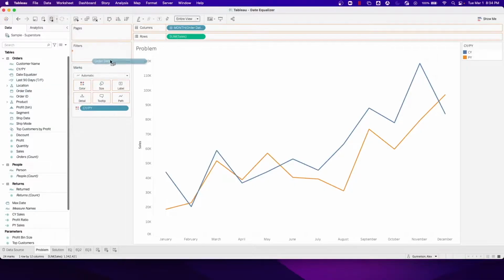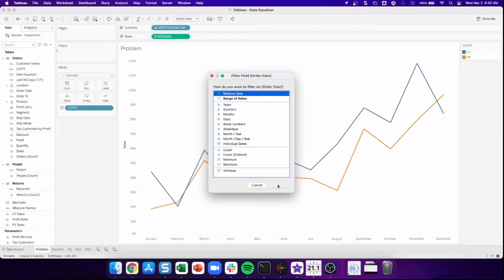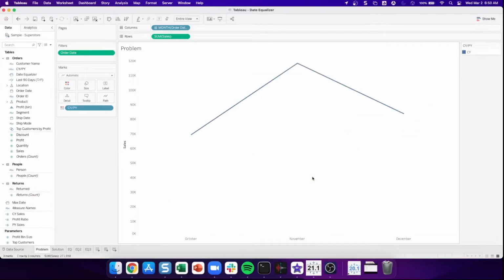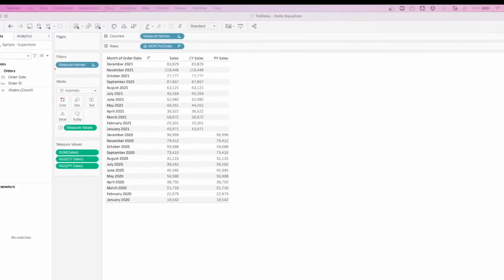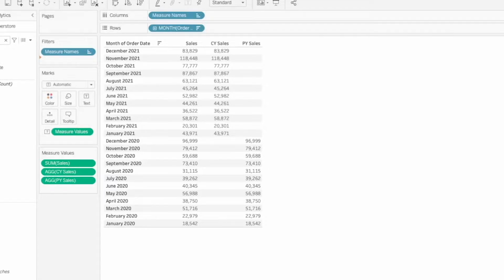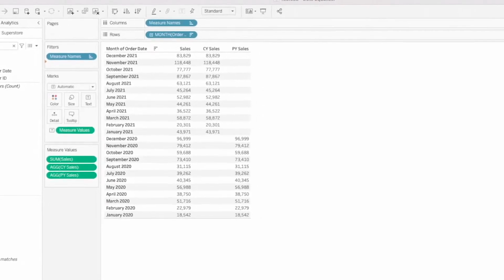They want to add in a relative date filter to just look at the last 90 days of their data. To do that, we are going to drag order date onto the filter pane, select relative date, change the time period to the last 90 days, and update our anchor date to 12/31/2021 because that's the last date in this data set. Hit OK, and our prior year line disappears because our prior year line is only including dates in 2020, but our last 90-day filter is only including the last 3 months of 2021. So how can we compare the current year sales to the prior year sales while using that last 90 days